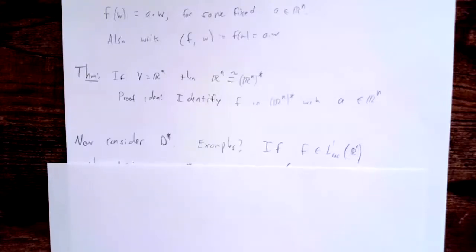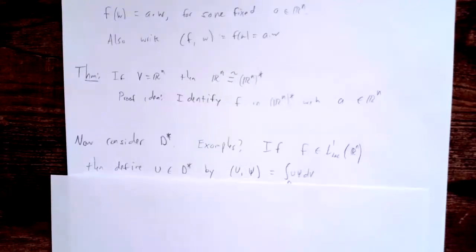So if you have some L1 loc function on Rn, so some function that given any compact set, you can integrate over it, this lets you define an element in the dual space, just as you say, by taking that L2 inner product. And definitely it's going to be true that the product of an L1 loc function with a smooth, C infinity function with compact support is going to be integrable. And note we've got a fixed domain omega. So in other words,